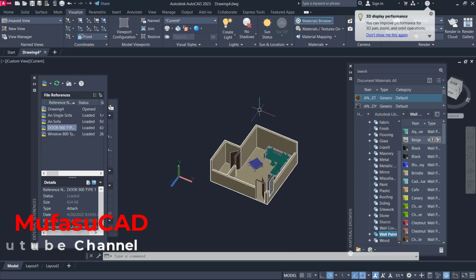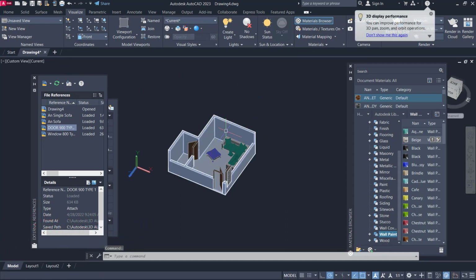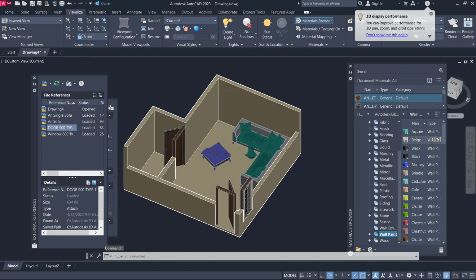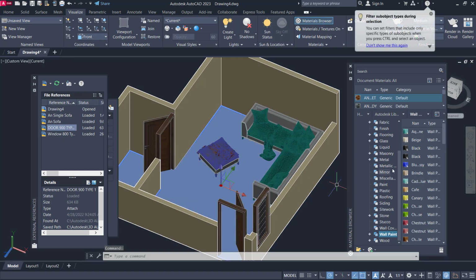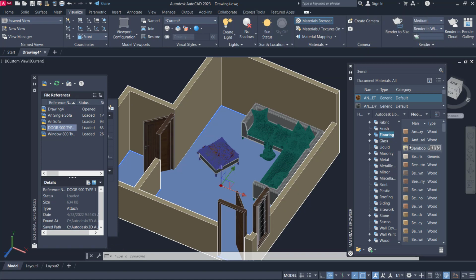and also we set for floor, press and hold the Ctrl button and select this face. For floor in here, I will use flooring in this default material from Autodesk and use this option, right click, assign to selection.